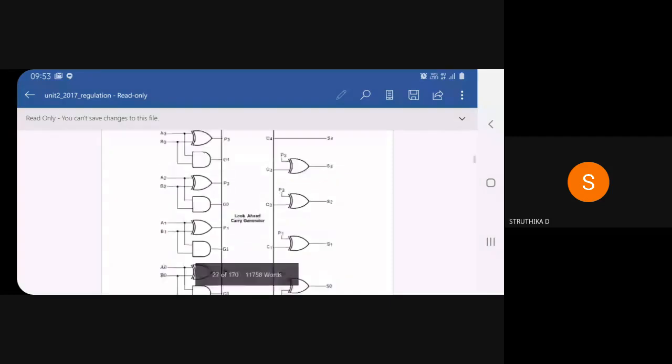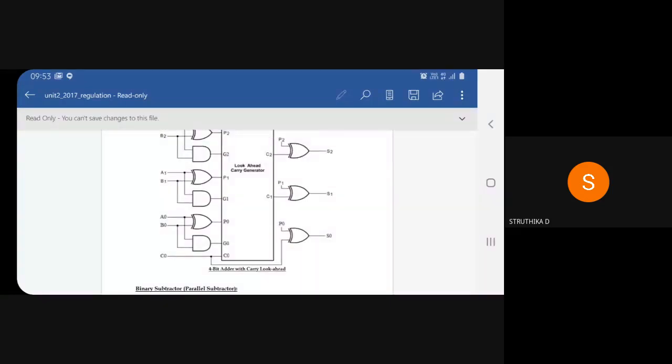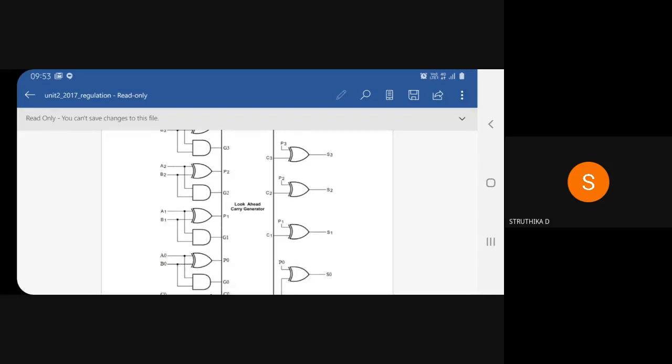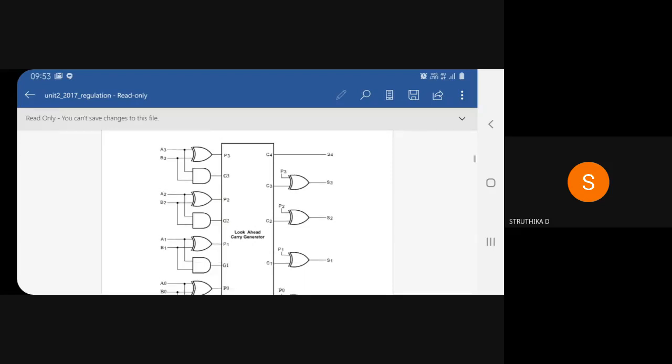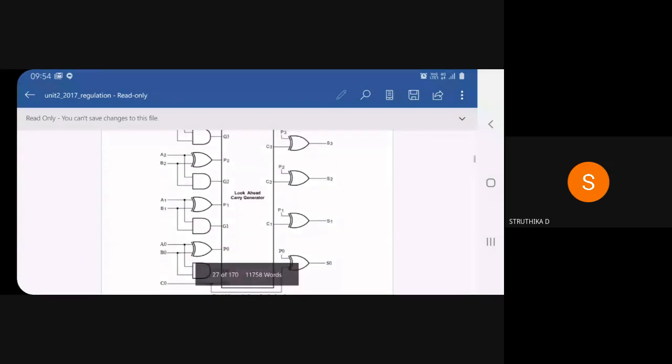Now C0 is the current carry. Carry, always C0 will be 0, which we have already known. It is not necessary for your circuit to generate it automatically. So it is a known value, so it is directly given as an input here. So for the first addition process, we are giving the first half adders to the IC. So we have given the inputs to the circuit. The IC will generate the carry automatically and produce its output parallelly. So this is nothing but carry look ahead adder.